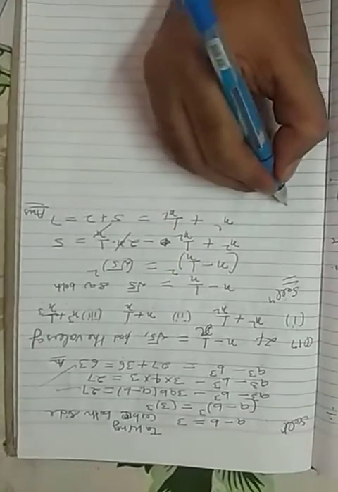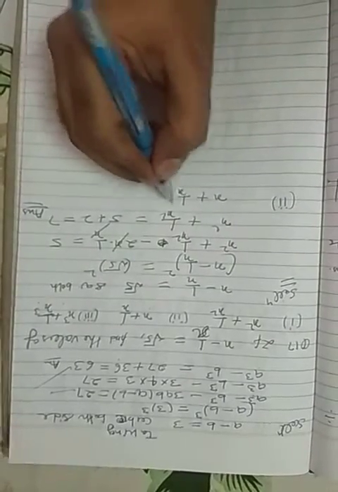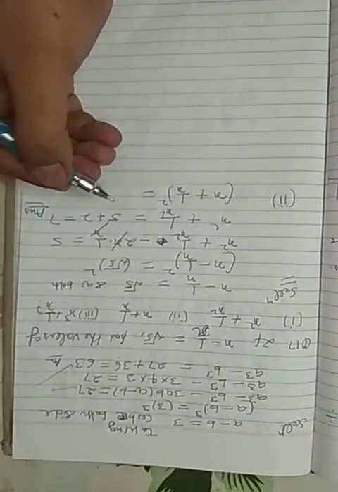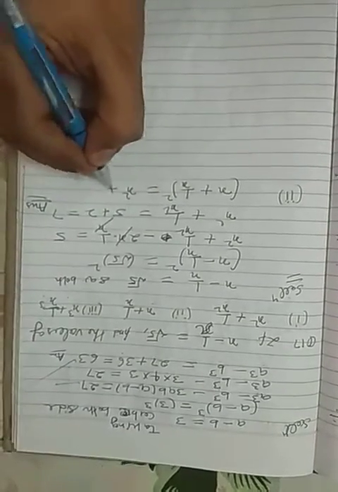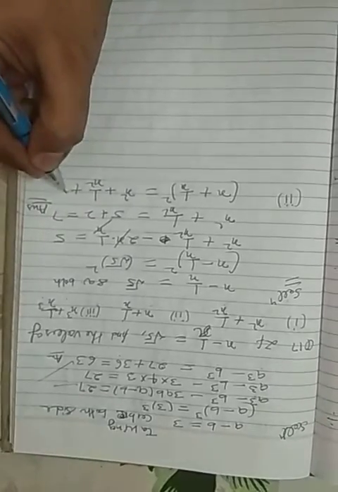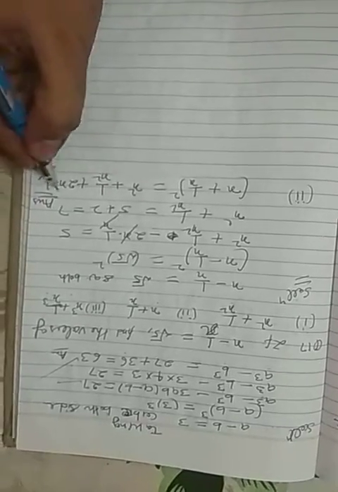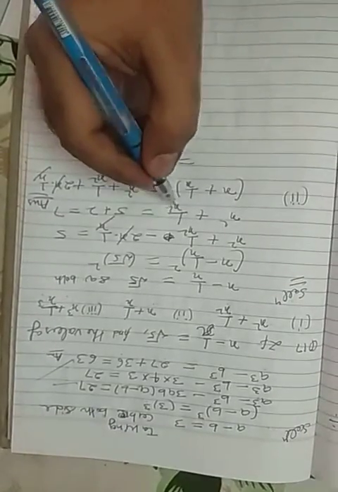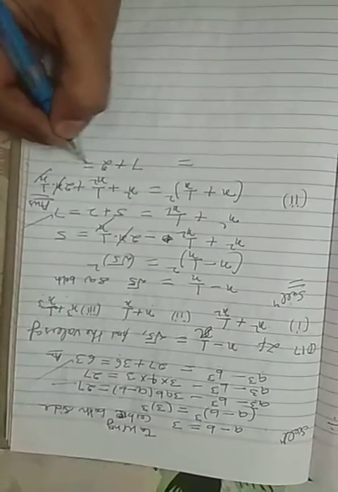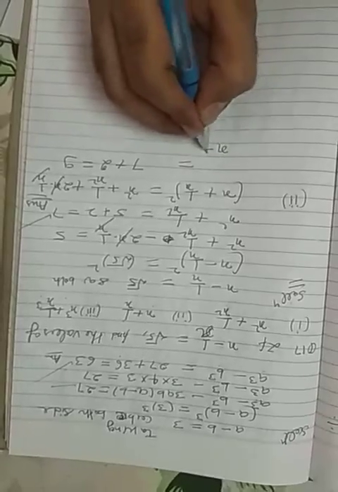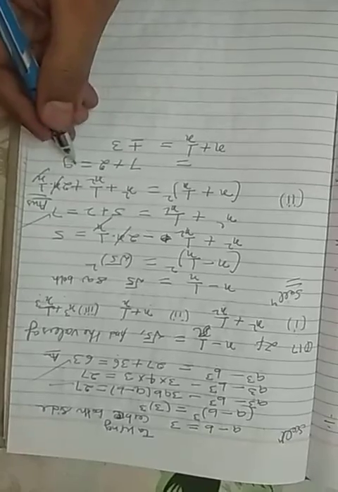Now we find the value of x + 1/x. We apply the formula (a + b)² to (x + 1/x): x² + 1/x² + 2ab, where a² + b² + 2ab, and the 2ab term cancels out. Now put the value of x² + 1/x², which is 7 from the first part, so 7 + 2 equals 9. Taking the square root on both sides, x + 1/x equals 3, since the square root of 9 is 3.